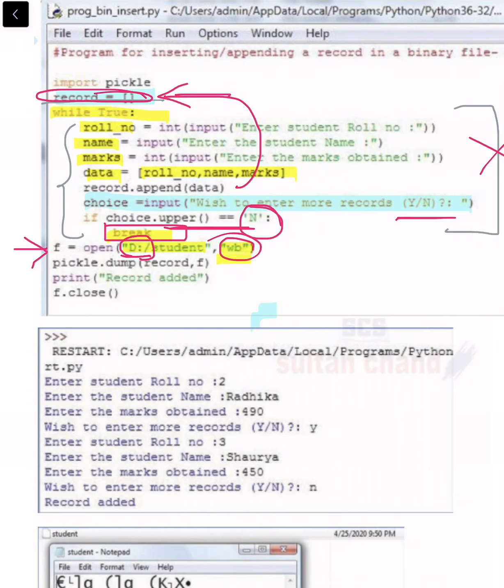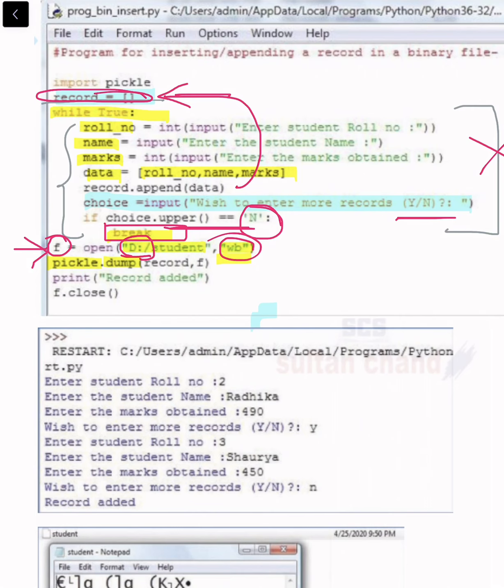Once the file is open, F is the file handle. Now we will use the file handle to carry on the further process. In the next statement, pickle is the module name, dot dump. Dump is the function which we use to write inside the file, and the file is student.